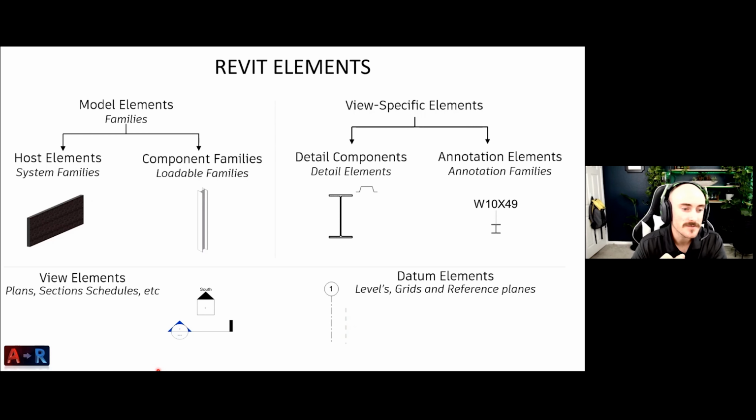Next, what we have is view elements, such as plans, sections, and schedules. Those are also updating, right? If I decide to go through and cut a section, it will actually show me what building elements have been placed in my model. I don't have to worry about doing the good old racetrack where we have our plan set and then we draw lines down to show where it is. Right here, it's live data as we're cutting our sections from any view that we're in or any elevations. The data is going to be updated accordingly.